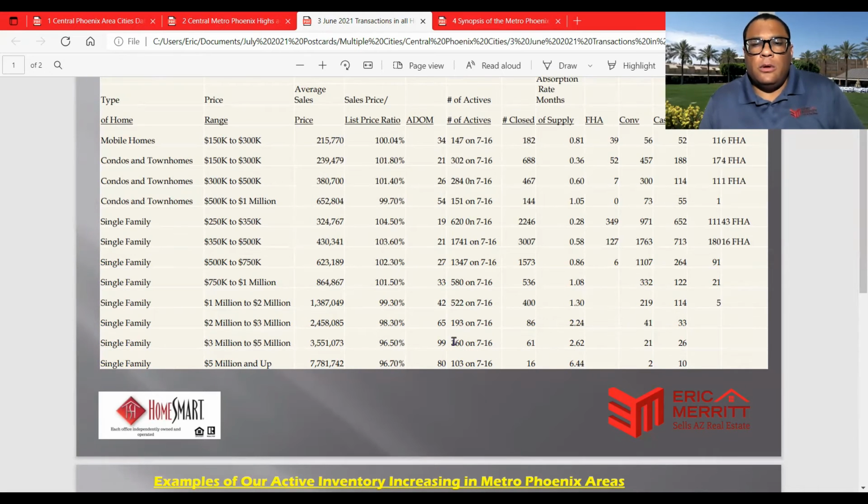61 of these homes sold. There are 160 active. So that's a 2.62 months of supply there. 26 were sold cash and 21 were conventional. 5 million and up, average sales price